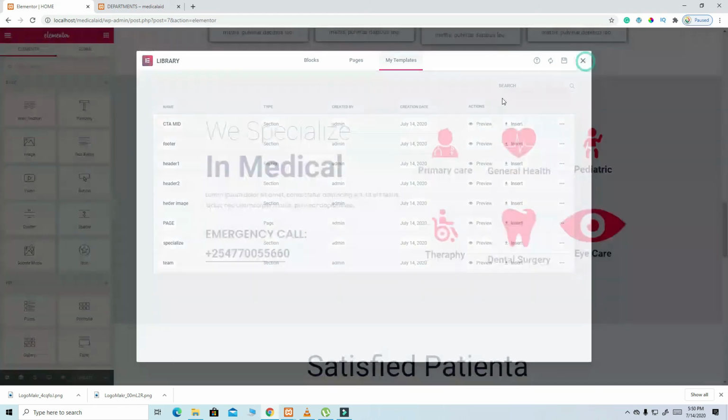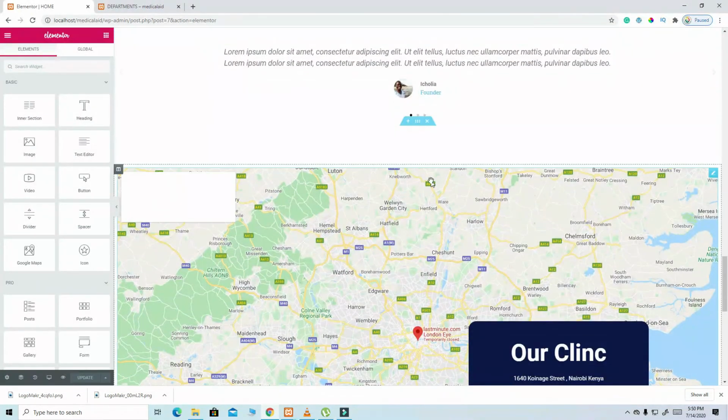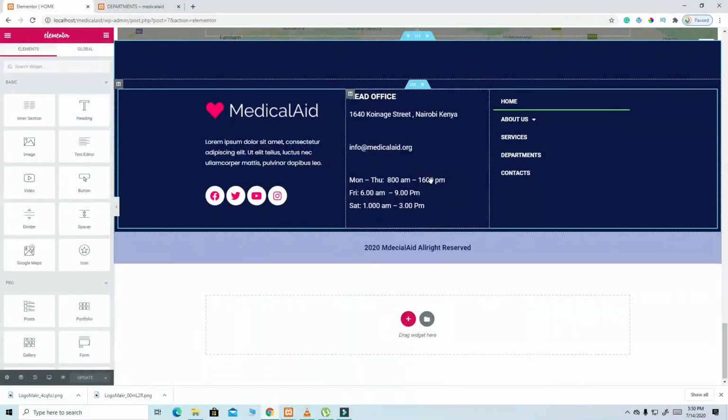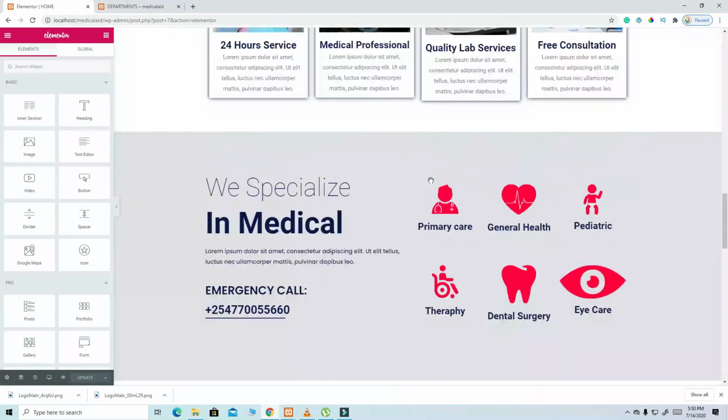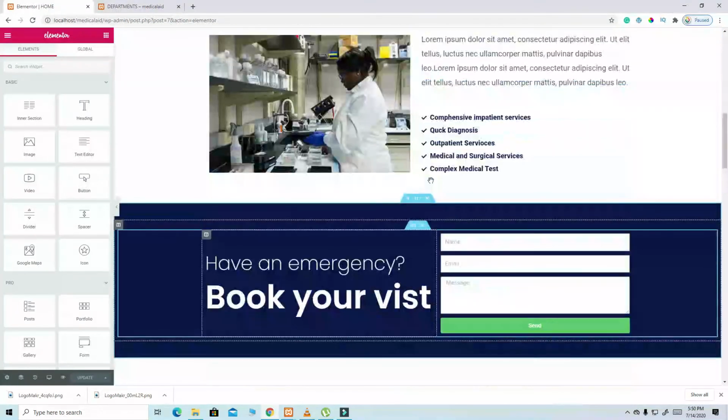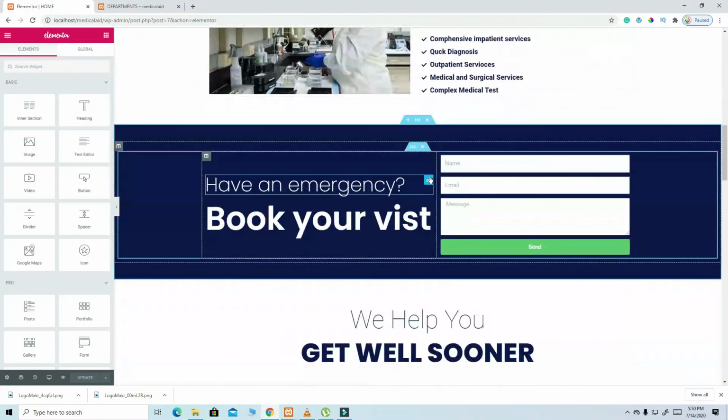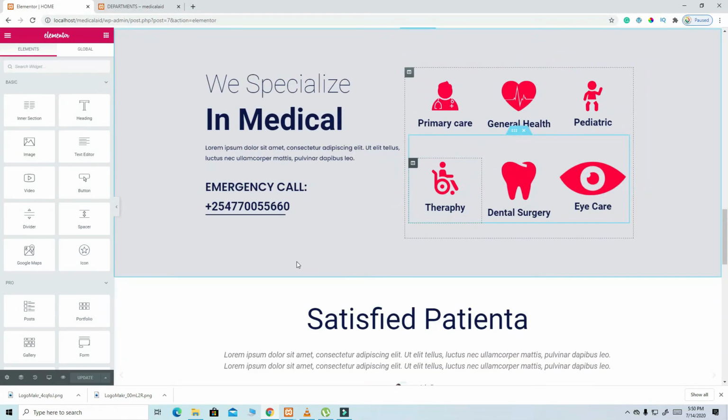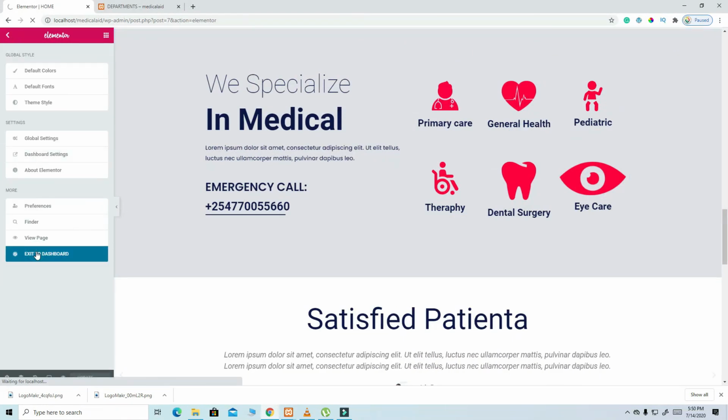Then I save it. Okay, then let me check if there is another part I need to save. I think that is the part. I think that's the part. So let's continue. I'm going to exit from here, and then